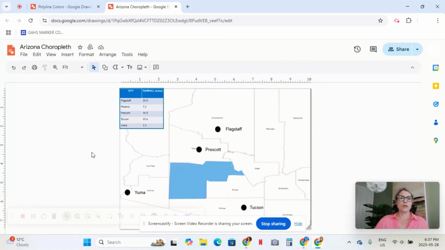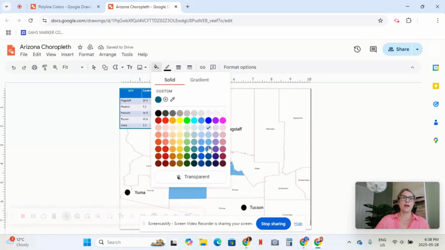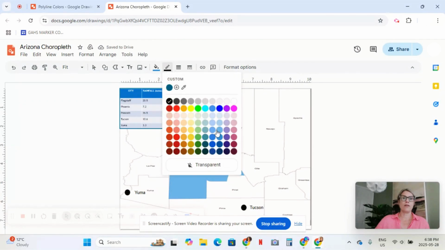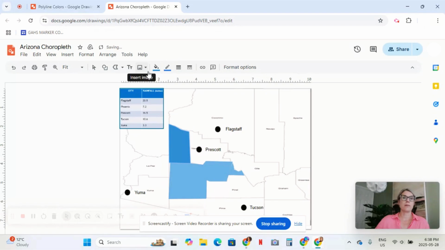So next we'll do the county for Prescott, I think that's how it's pronounced, which is the mid blue. And again, I'll just click on that, and there seems to be a lot of zigzags in Prescott. So I'm going to make it easier on myself and do several of these. I think this was it. Yeah. Okay, so again,